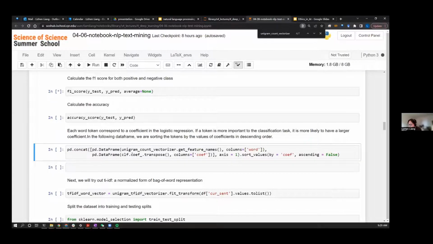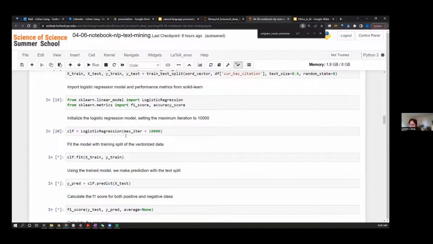So it's possible because we're using logistic regression, a relatively easy model, and we can interpret it.